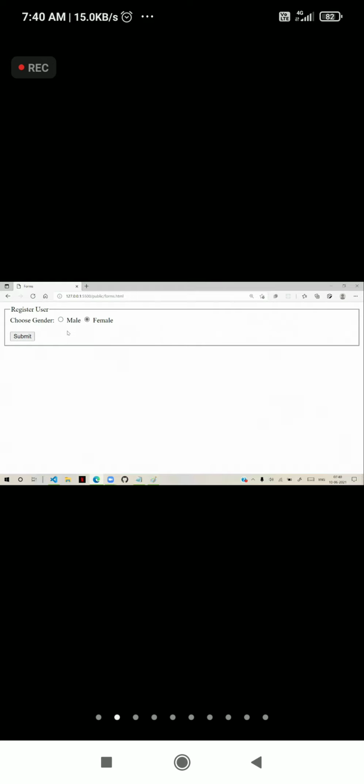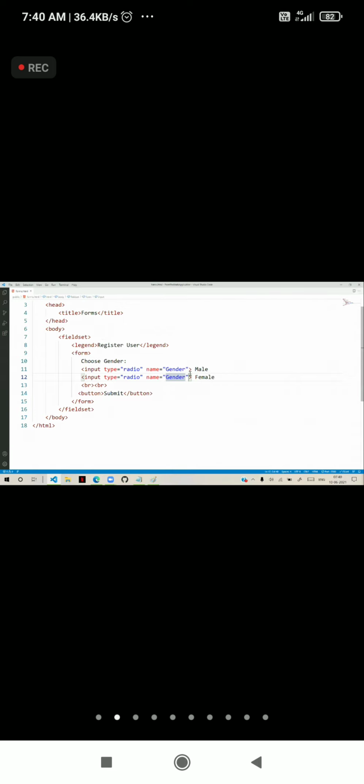How can we make it? See, if I refresh, the selection will be gone. To make the user must choose one option, you can keep any one radio checked. There is a checked property. The checked property indicates that it is selected. If both radios belong to the same thread, both cannot be checked.